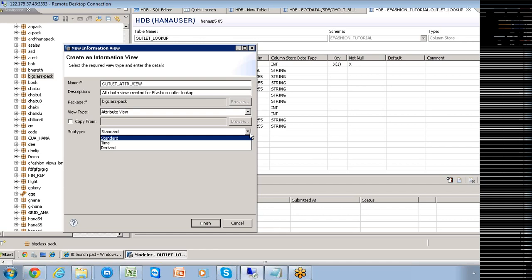Time attribute view is going to contain only the time-based characteristics which are related to the time dimension, and standard view is the regular dimensions for which you want to create the attribute views.